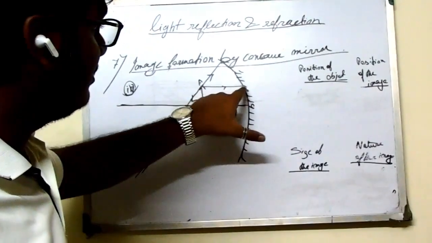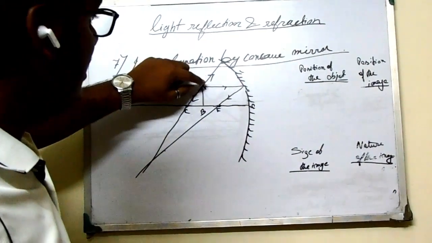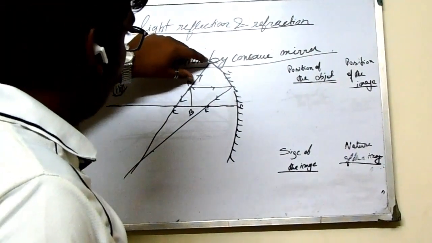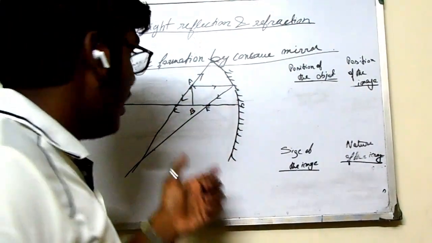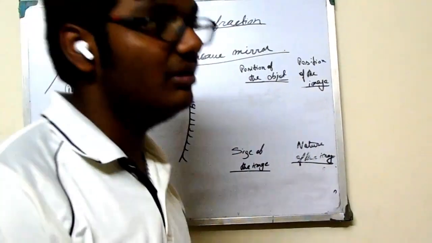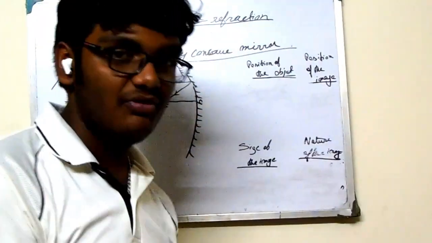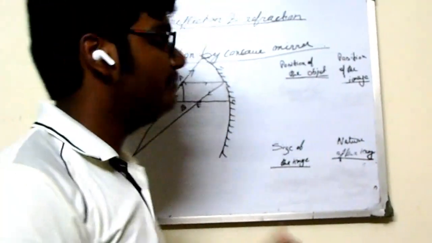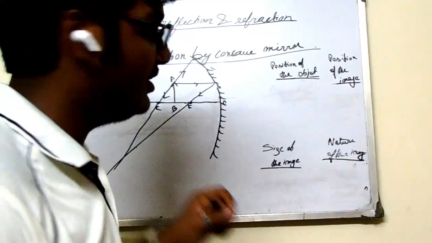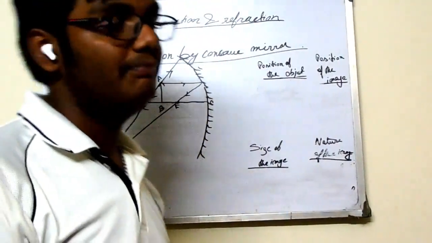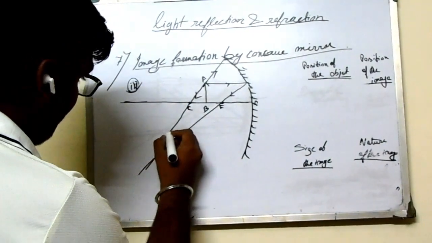The second ray is reflecting in this way, and the first ray is going and reflecting in the same way. As the angle of incidence is equal to the angle of reflection, the angle of incidence is 0. So in the same way, the angle of reflection is also 0. That means yes, there is reflection, but there is no diffraction. Okay. So where the image is forming, where these two rays are meeting,